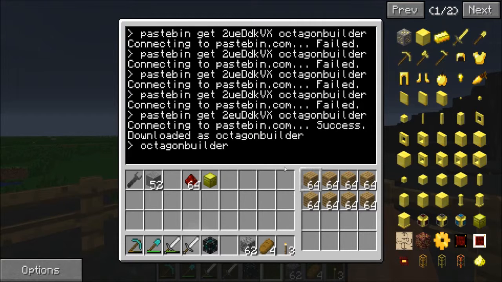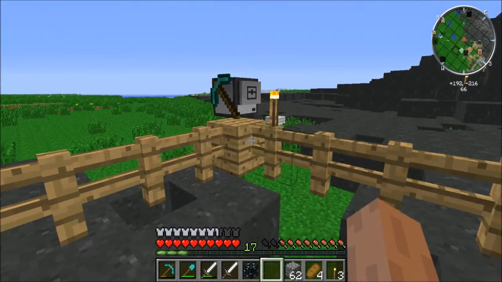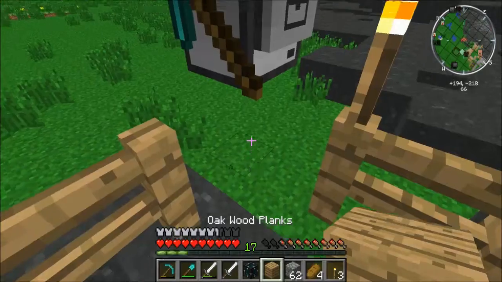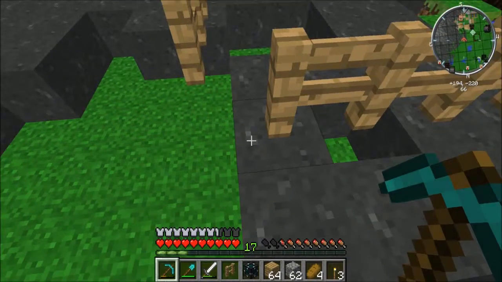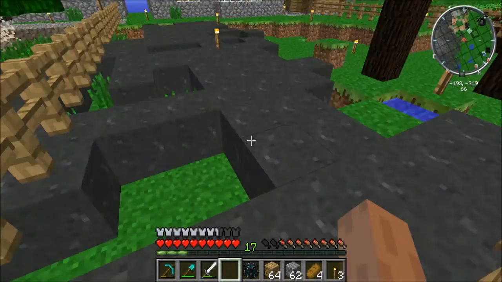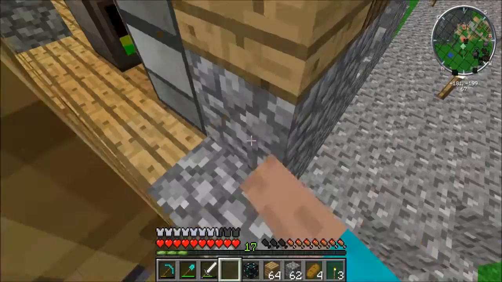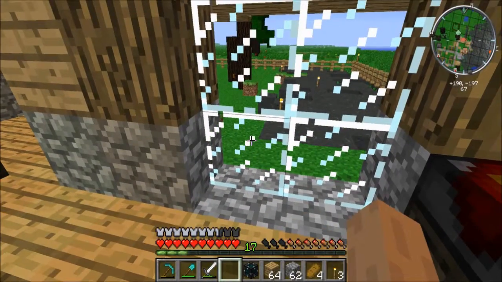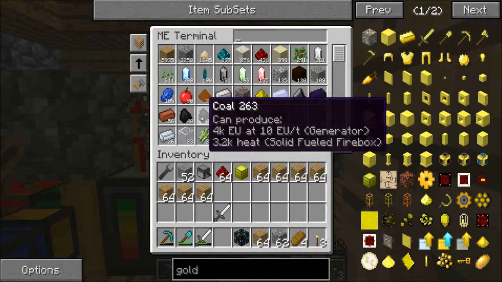Run octagon builder. And dang it. This is what happens when you forget to fuel your turtle. Where'd that fence piece go? Let's put that back. And what am I going to do for fuel? We're going to need a lot of fuel, actually. I mean, not too terribly much, but...